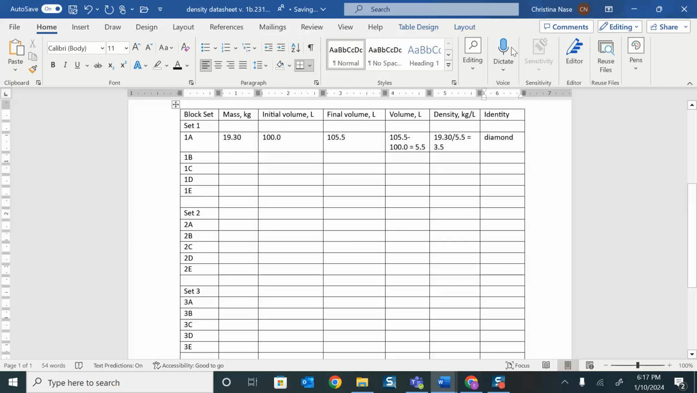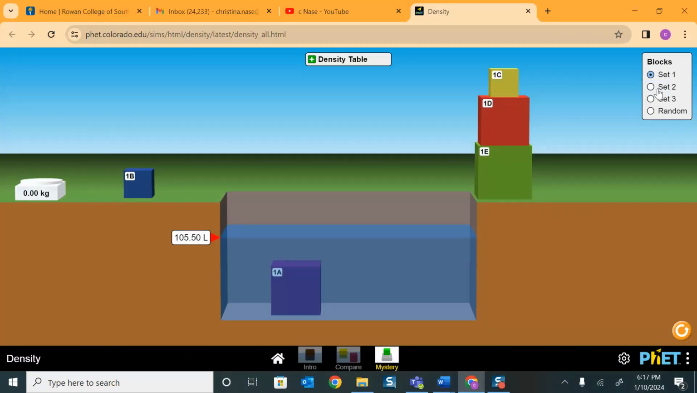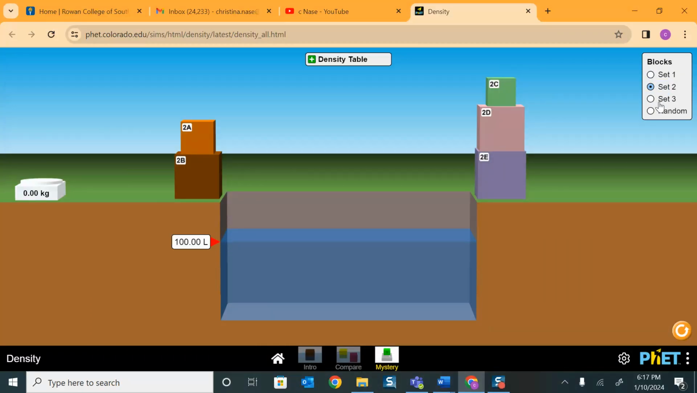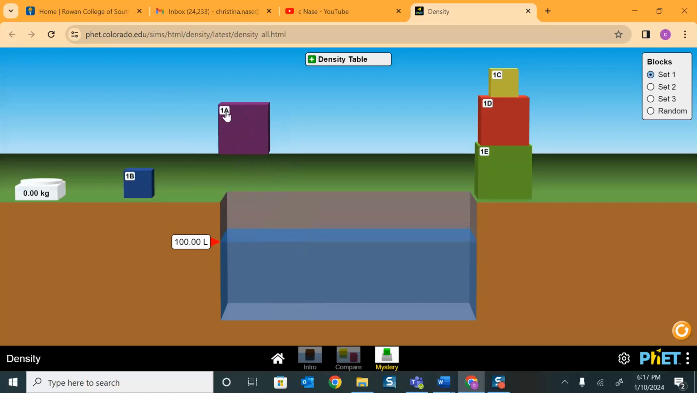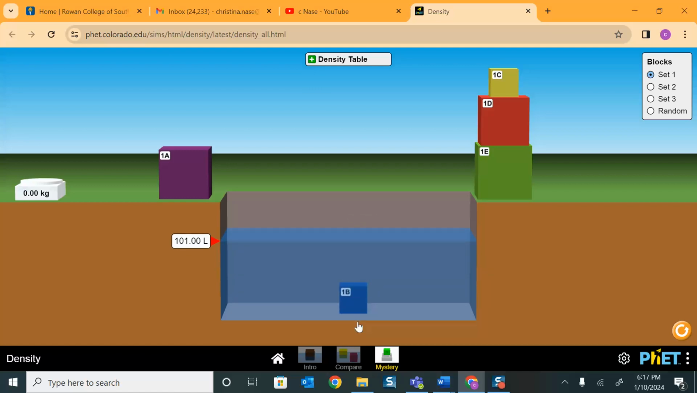Once you finish set 1, you can go over to set 2. It gets you a whole new set of blocks, and then random. One other thing I want to point out is that some of these don't sink all the way, so you won't be able to get the whole volume displacement unless you drag it down to the bottom. So if I just let it bounce there, it's not completely submerged. I need to submerge the whole thing in order to figure out what the volume is. So make sure you drag some of these down. Other than that,